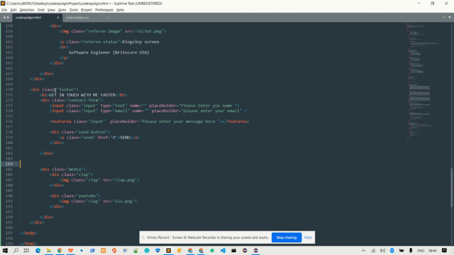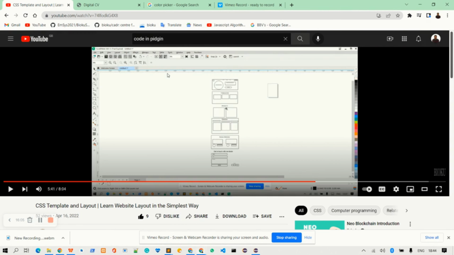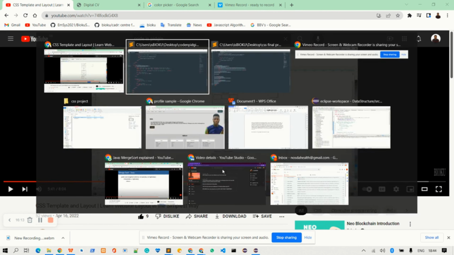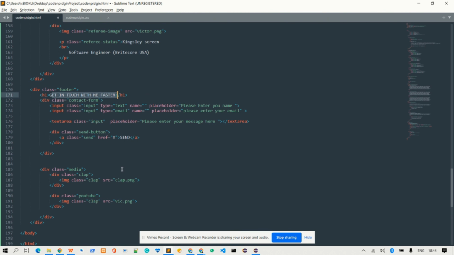So this is the wrapper div for this footer wey get this "get in touch with me quickly". This one wey dey here inside this our template. So we wan represent name, email, this text area, then there is a send button here. Na wetin we just wan represent be that. So we just talk say okay,